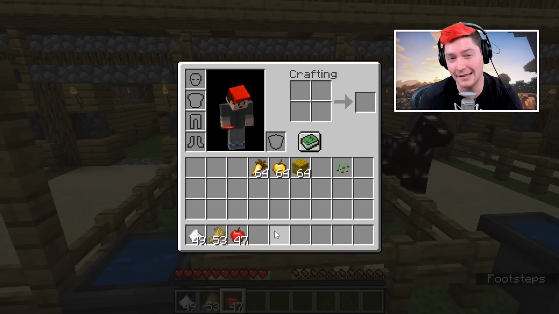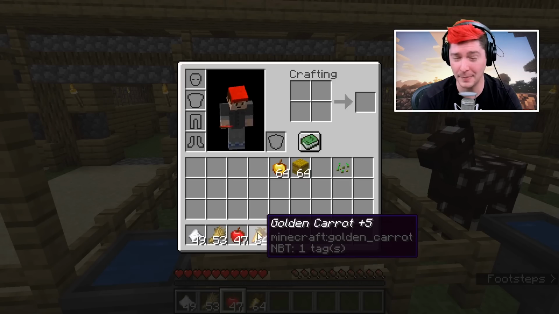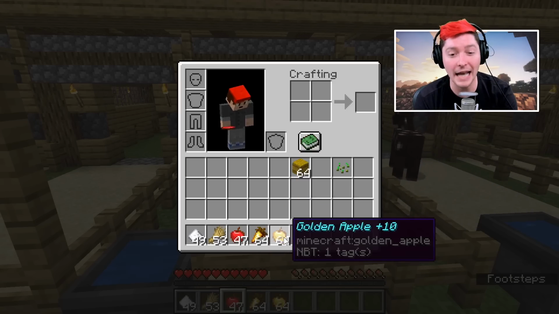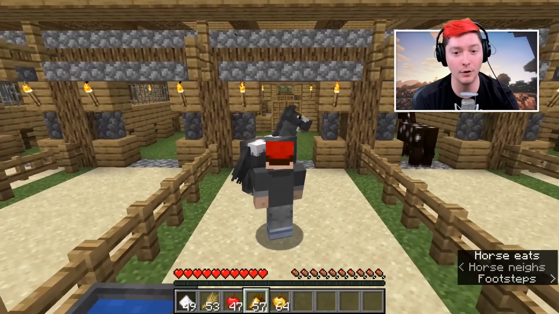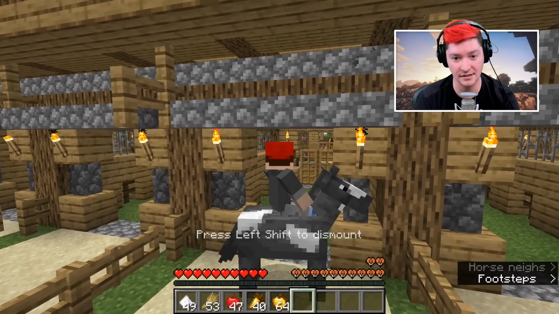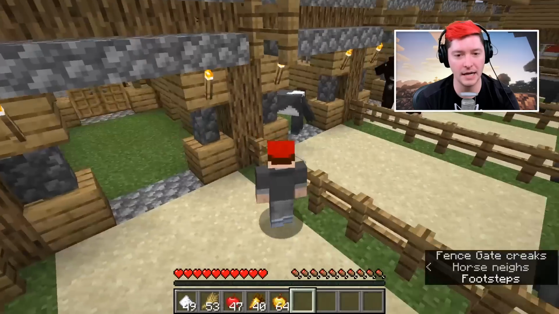Now we're getting into the more exotic things. Golden carrots. If you happen to have a gold farm, like maybe a zombie pigman farm, and you have a whole bunch of gold lying around, you can make golden carrots pretty easily. That is a +5. And golden apples are a +10. So if you really want to get a horse to love you quickly, you can feed it any of these golden things. So this one should love me immediately. I need this immediate gratification. Thank you so much for loving me. And then we can do...